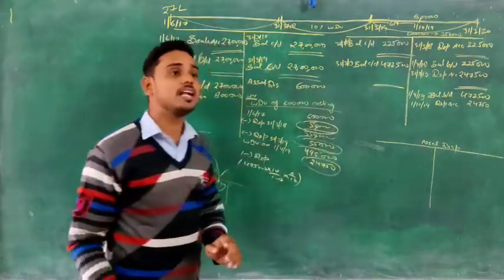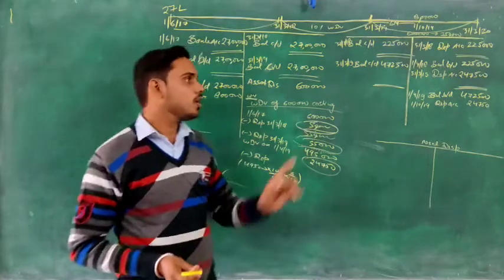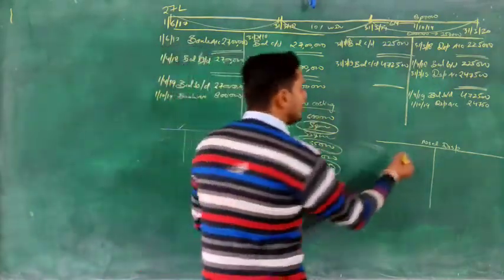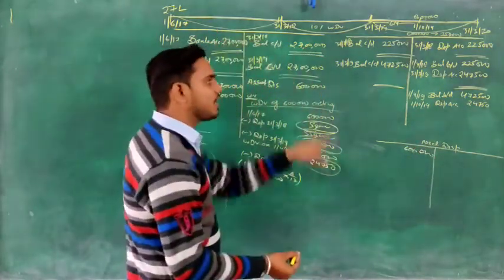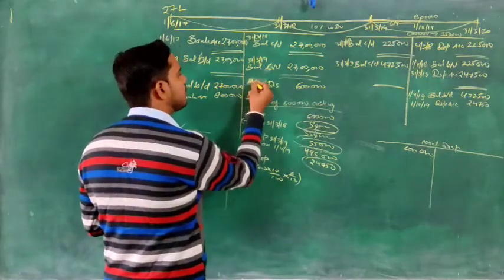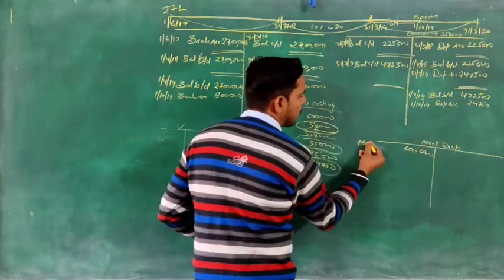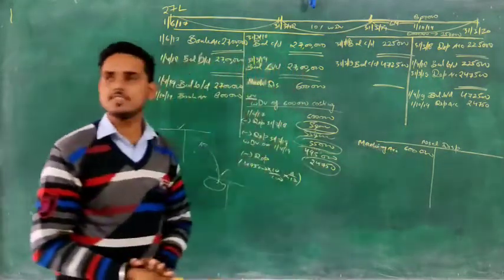And which side will we write? Remember, transferring will always be on the opposite side. So you have written on the credit side, means you will write on the debit side. So here you will write 6 lakh and the name of the account from where it got transferred, that is machinery. So you will write here machinery disposal. And here you will write what? Machinery account. So cost is transferred.